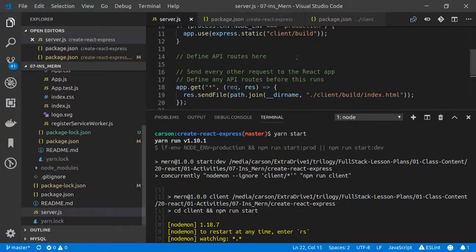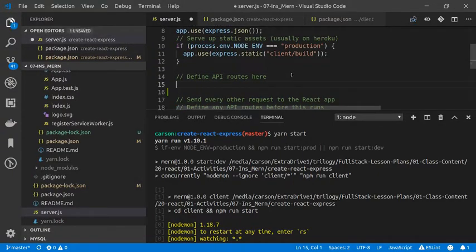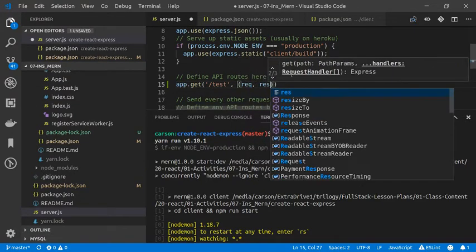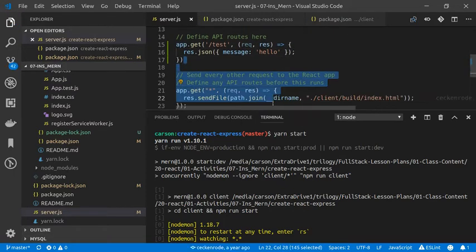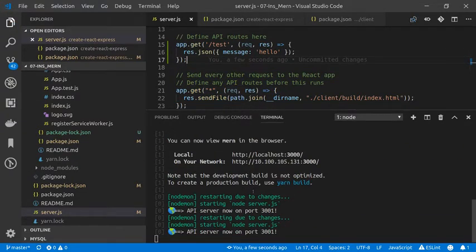So how can we test that? If I just go in here and I do app.get /test, res... oops, so I can have a nice little JSON response here. I can add it in. I have nodemon on, so it should, in theory, restart it. If I want to test really quick,